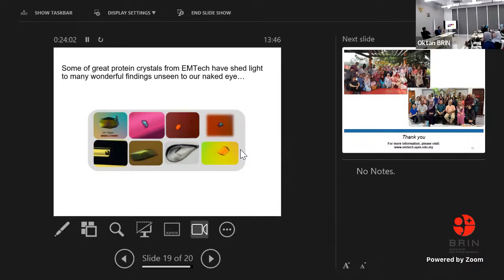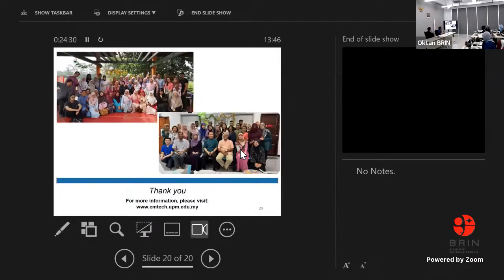So what happened in our lab, we take the photo and have them printed and posted in a frame in our lab. This is before the crystal is damaged by X-ray. So it has to be taken before, and this is how it looks. Very small again. 0.1 to 0.2 millimeter is one of the ideal sizes of crystal that we actually obtain in our lab. Okay, I think that's all as far as the structural biology and EMTech is concerned.